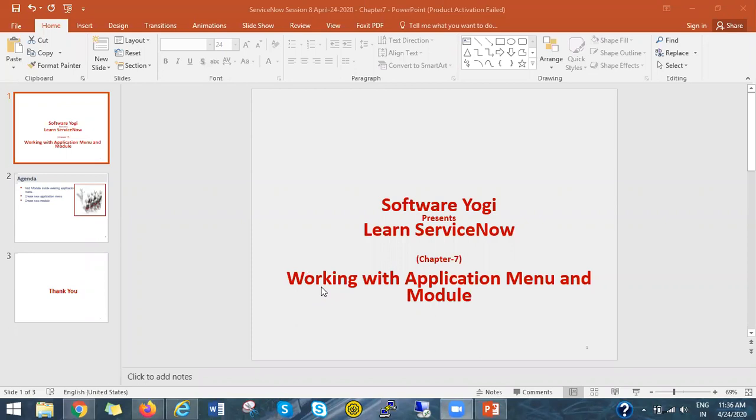So today we will discuss how to create a new application menu and new modules. Yesterday we saw the importance of roles inside ServiceNow, right? We have discussed a couple of roles, let's say admin role, ITIL role, approver role. So our today's agenda is